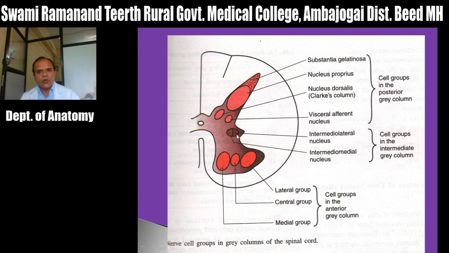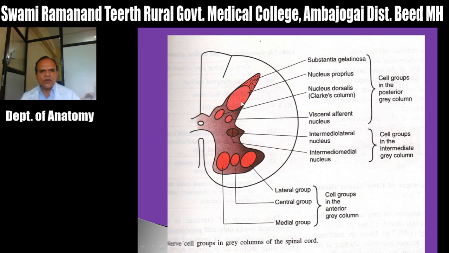There, the intermediolateral group gives the preganglionic fibers of the parasympathetic nerves, which form the sacral outflow and supply the organs present in the pelvic region. And up to the L2 level, the organs in the abdomen. When we calculate the nerve supply of the stomach or whatever it may be, we say from T1 to T6, like this. So this is the intermediolateral. Whereas the intermediomedial group consists of interneurons.